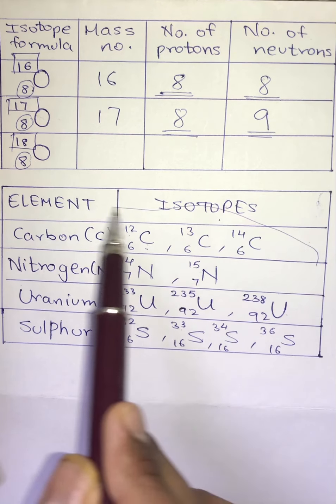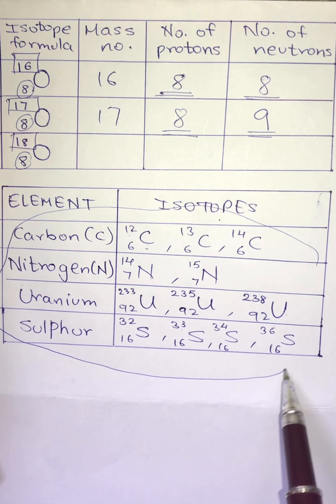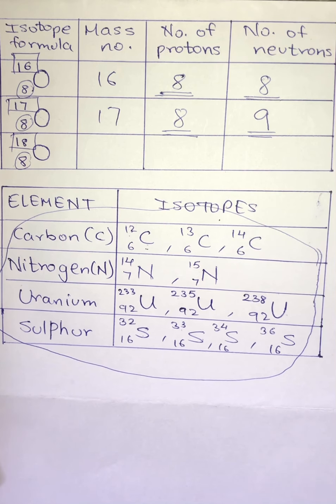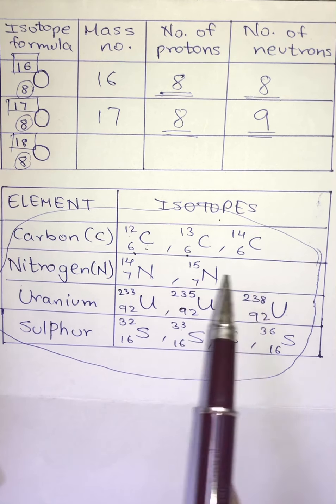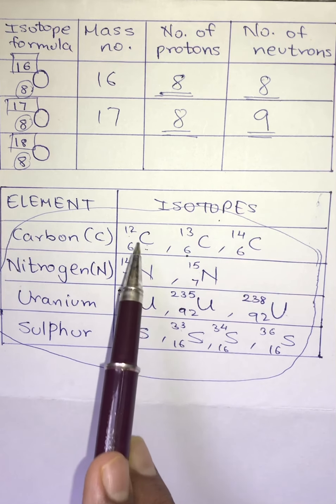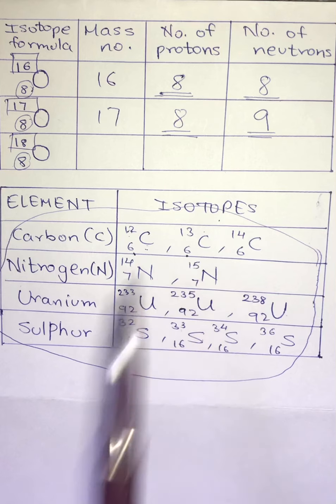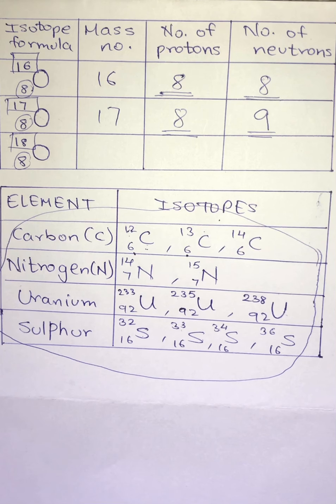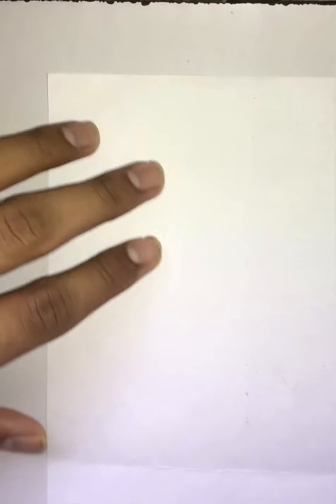If you all observe carefully in all these examples also, guys, the atomic number, that is the number which is written below, is same in all the cases. Only the atomic mass numbers which is written on the top is changing. Okay, now I hope this isotopes is pretty much clear for you all. Now let's start with the next one, which is nothing but your isobars.